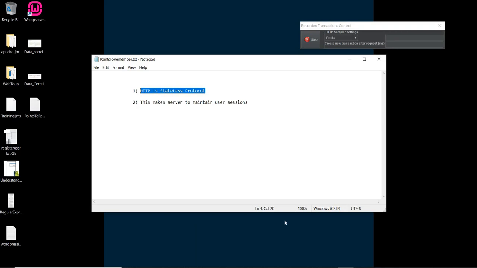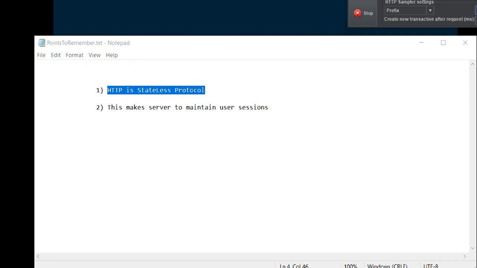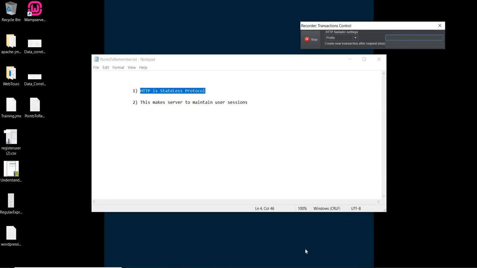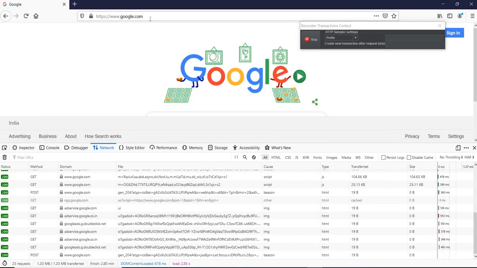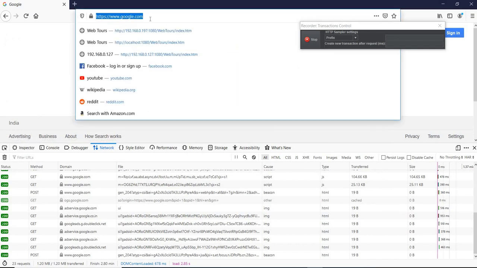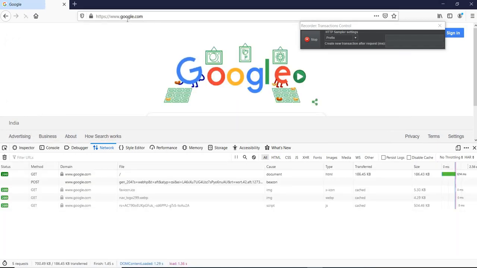To understand the session related scenario, first you need to know that HTTP is a stateless protocol. So what does this mean? I'm just opening up my browser and randomly hitting a request.